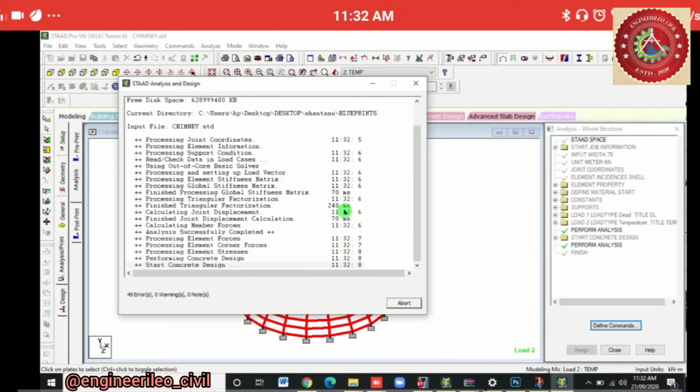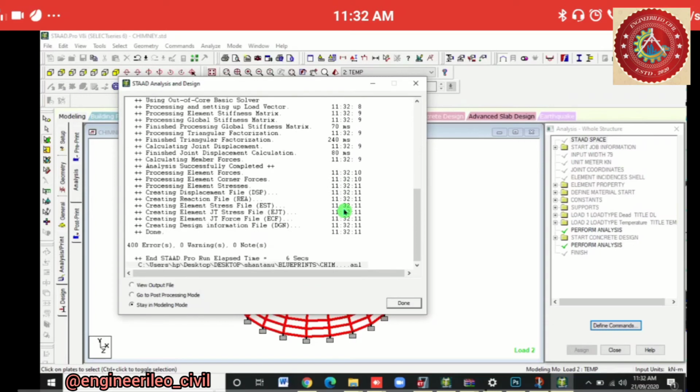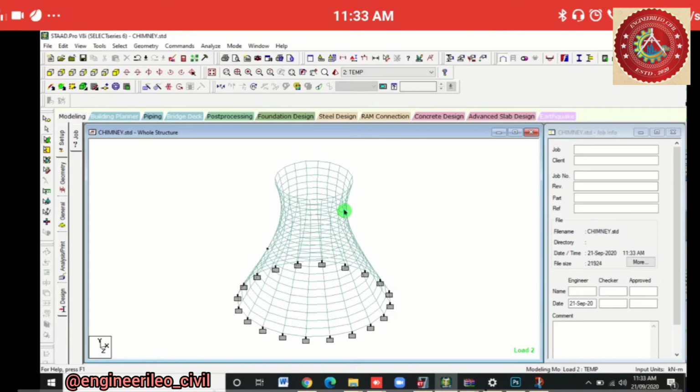So analysis is going on, our design has been done, and so we have done with the assigning part, we are done with the analysis part.